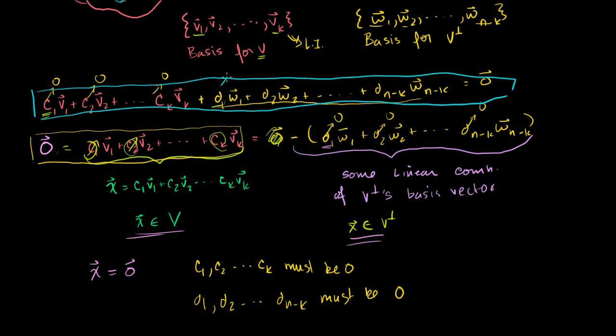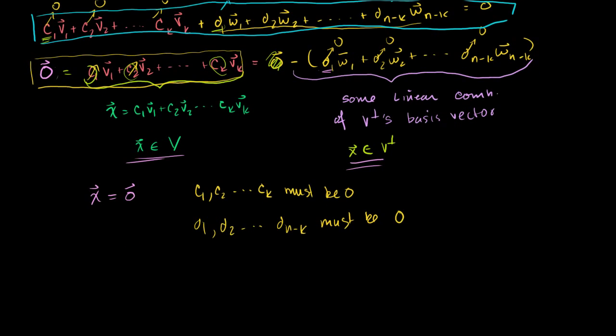Then we know that all of these terms, c1 through ck, d1 through dn minus k, they all have to be equal to 0. That's the only solution to this larger equation that I wrote up here. The only solution to this large equation is that all of the constants are equal to 0. That implies that if I were to take the set right here of v1, v2, all the way to vk, and I were to augment that with the basis vectors of v perp,